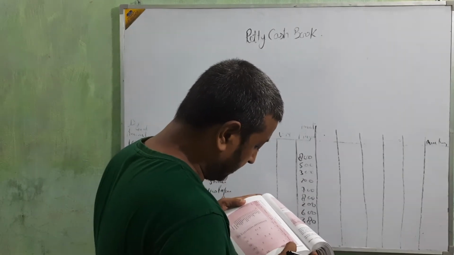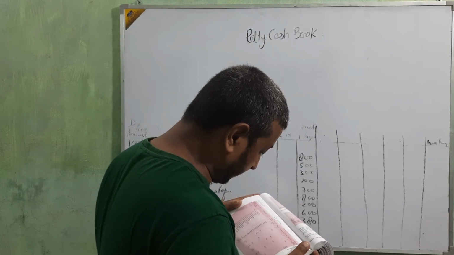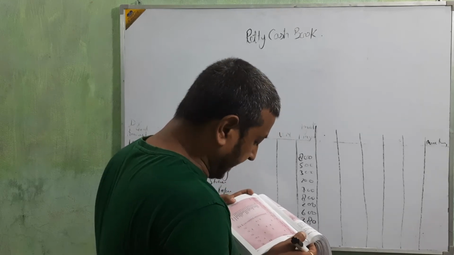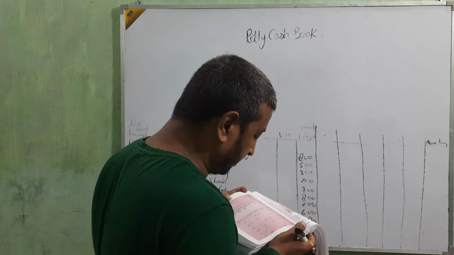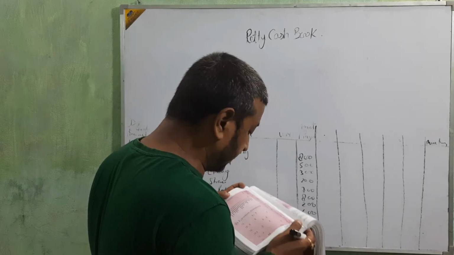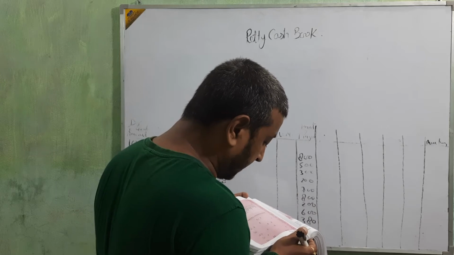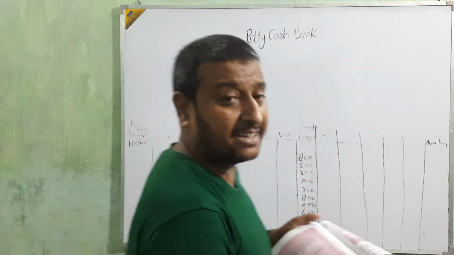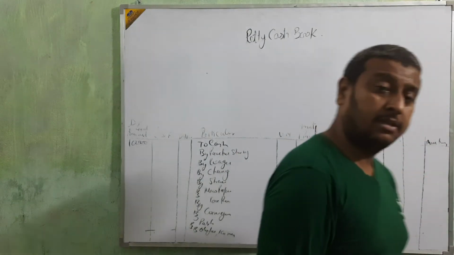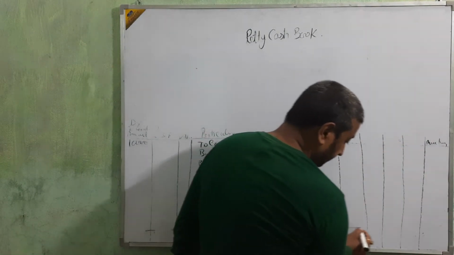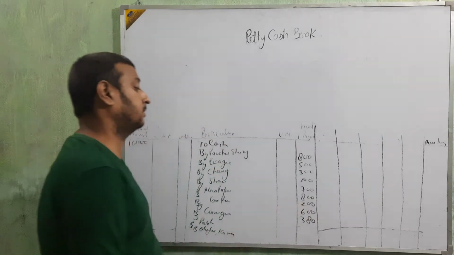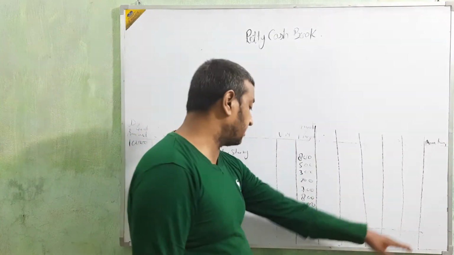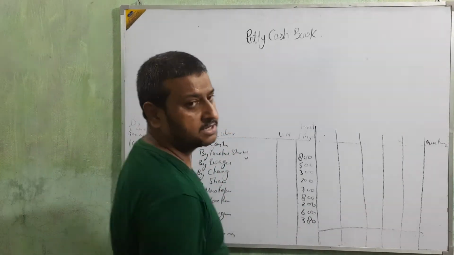Just see in this book. First is wages, then transfer in wages. Second, first is the carriage, transfer in carriage. Then conveyance, transfer in conveyance. Reduce the conveyance. Cartage, transfer in cartage. Okay, stationery, two types of stationery. Like that we are going to make, and total of these. No space I have, so I am not finishing this. Total of these, and this total is equal to that difference which is coming.